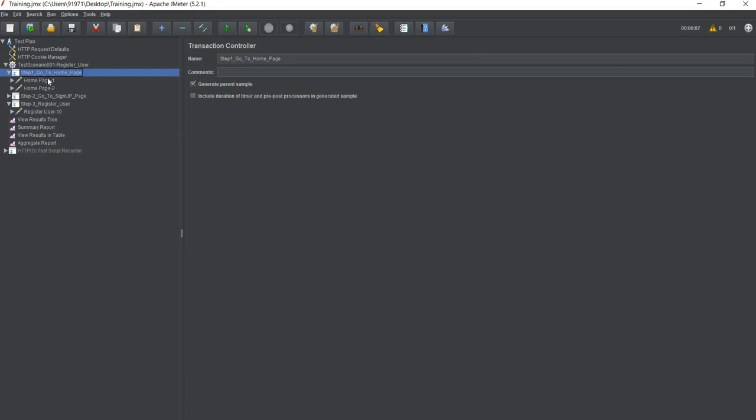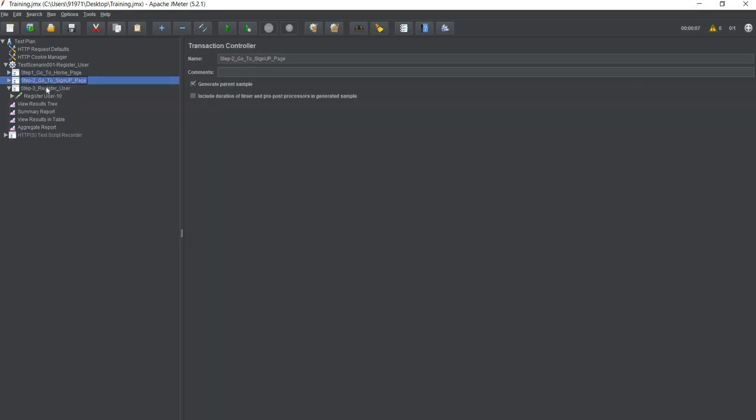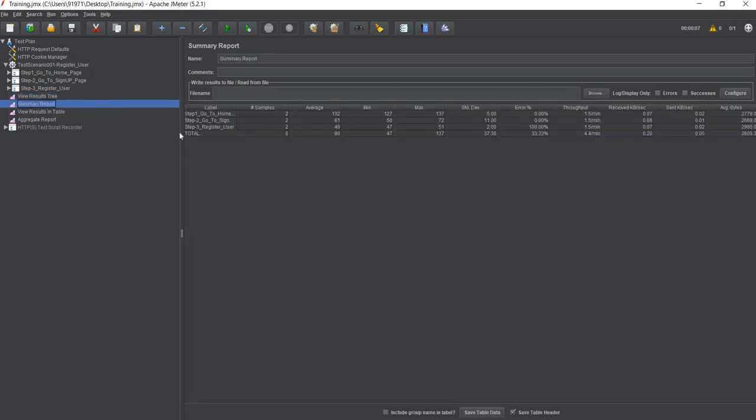If you want to measure the timing of the home page, then only these two requests should be there in it. If you want to measure how much time it took for the person to get registered, then only this request should be there in the register transaction, because this is how you will get the timings. Then whatever things are there in the thread group are executed sequentially. First this, second this, third this. When all of these are executed, the results are combined and put up in listeners. You can see over here I have also put up more listeners.